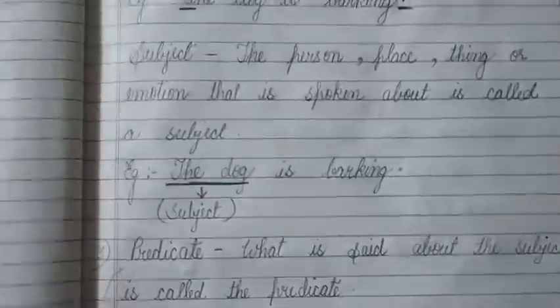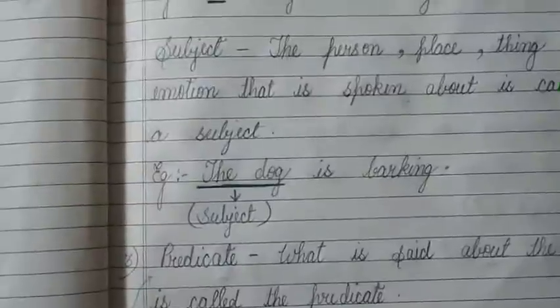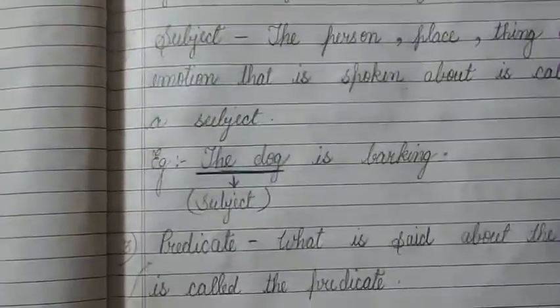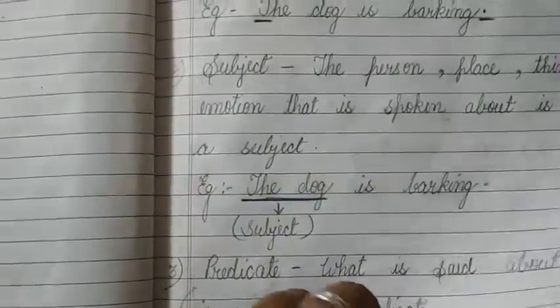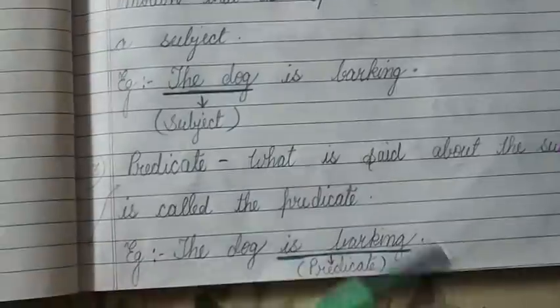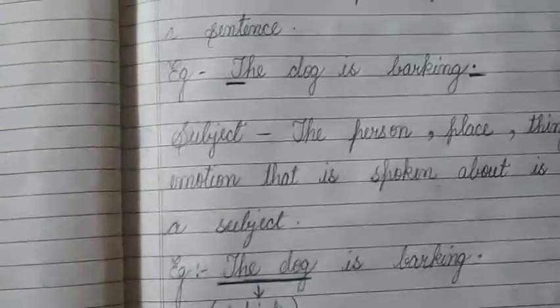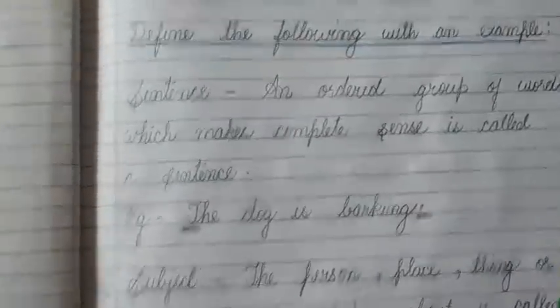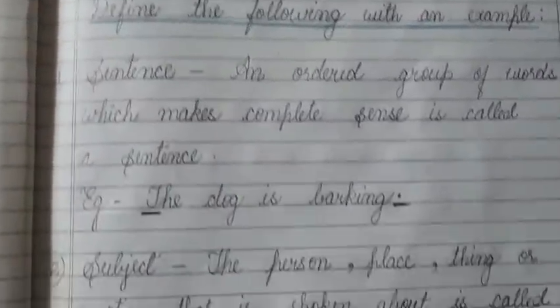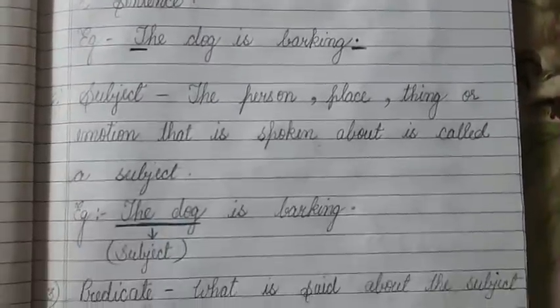Now see, children, since I have written these definitions in a register, I am having enough place. So after writing two definitions, children, if place is not there, you can turn the page and write the third definition on the next page if sufficient place is not there. This is how you have to do your work. I hope it is clear to all of you.